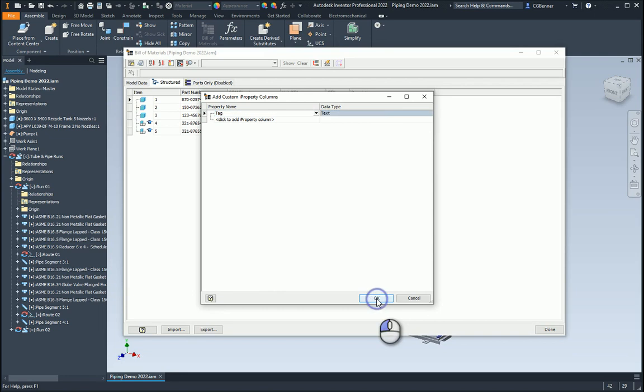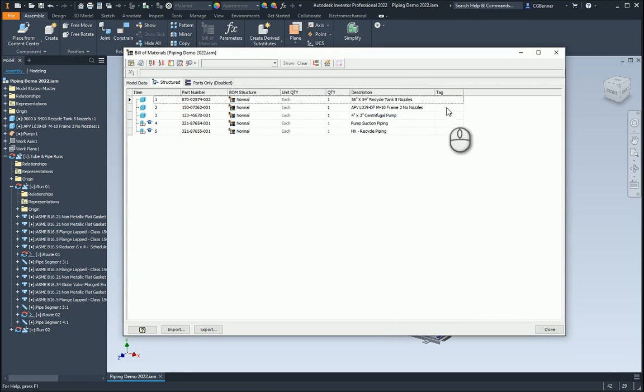We're going to hit OK. And now here's the tag. Well, where is it? It's not showing yet. The reason for that is that it's actually embedded into one of these two. It's in this pump suction piping is what it is. So in order for that to show at this level, I'm going to have to make this